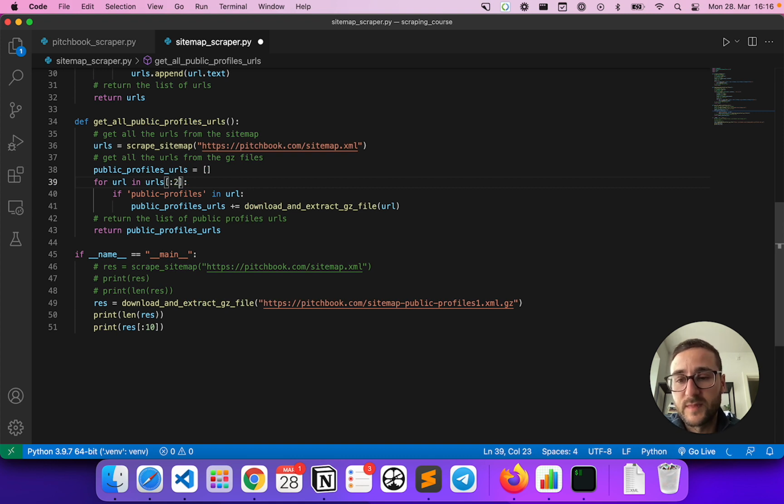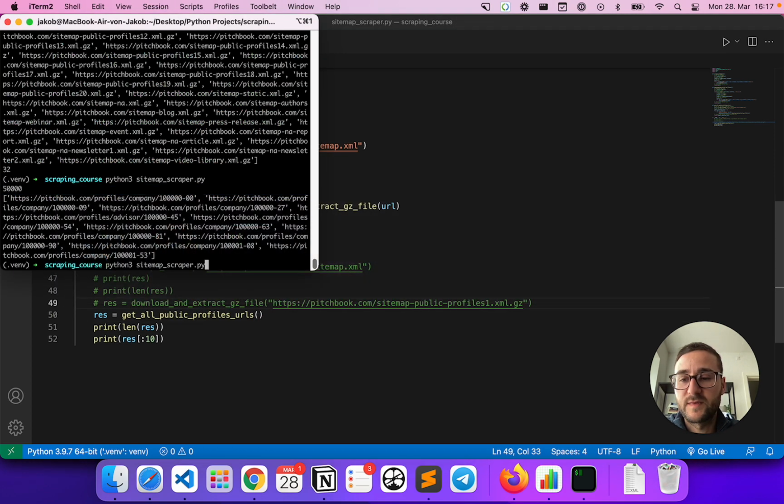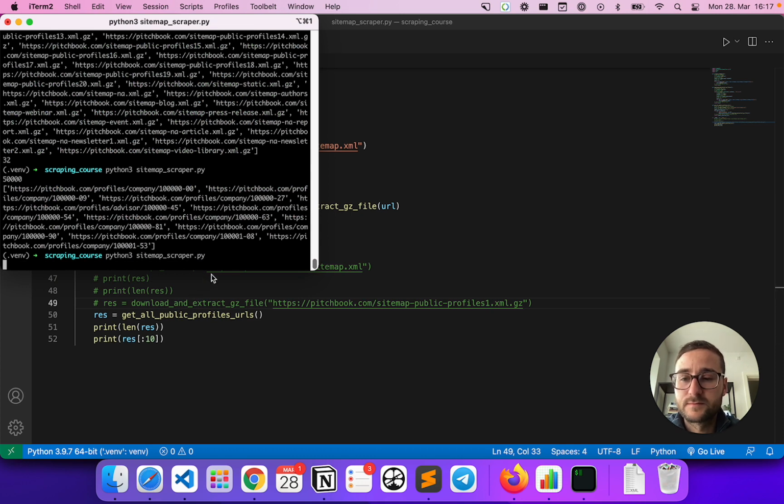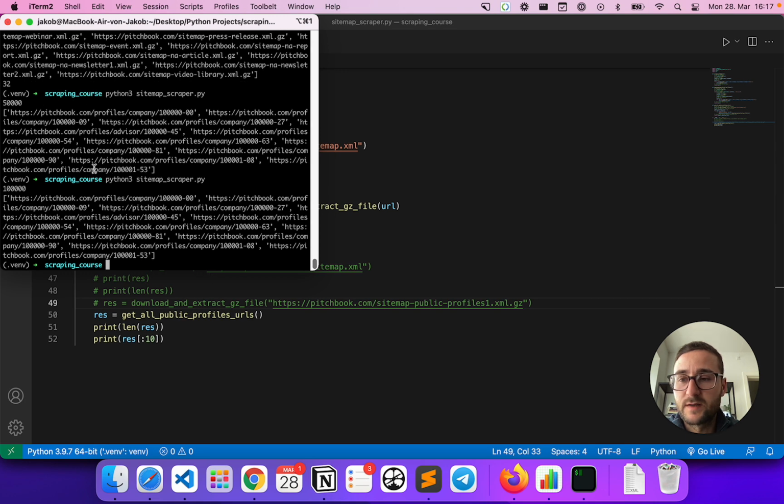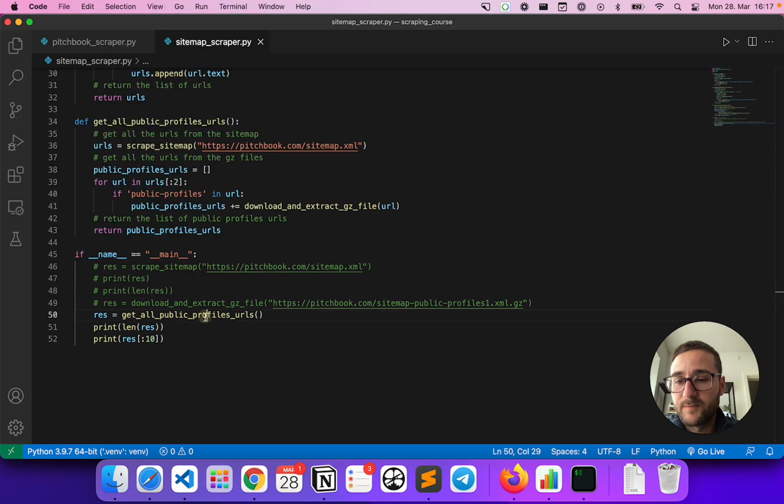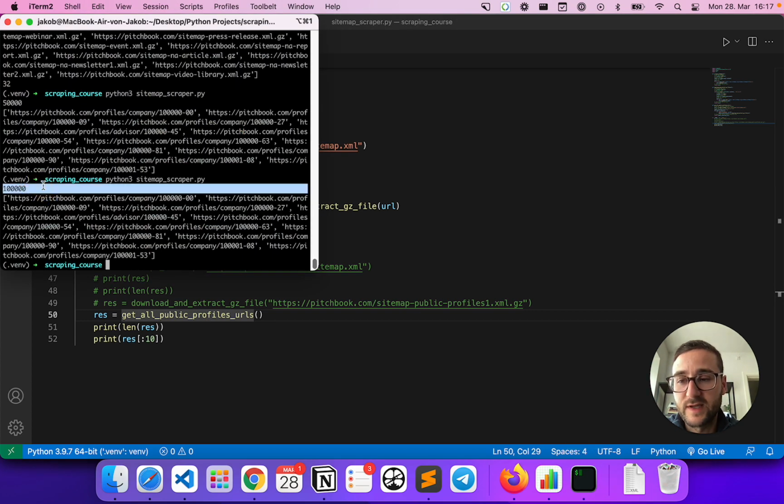But let's just do it maybe for the first two. And let's just see what happens. So this is what we expected, right? We go through the first two links in our original PitchBook sitemap, and for each of them we download the GZ file and get the public profiles. And we already saw that one of these GZ files contains 50,000 profiles. So now when we do two, we get 100,000 profiles, and it also looks good in terms of the result